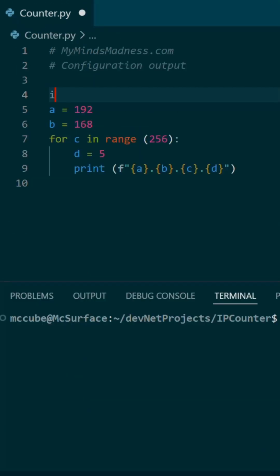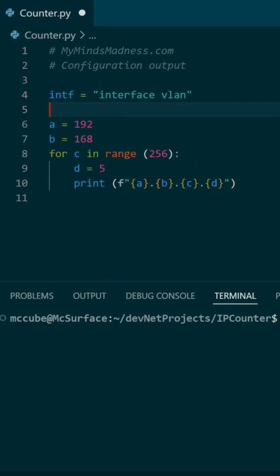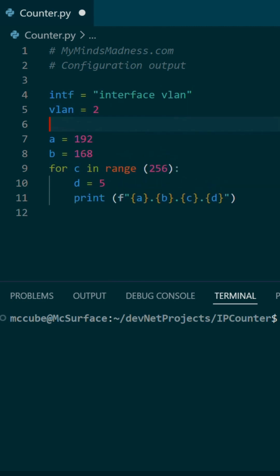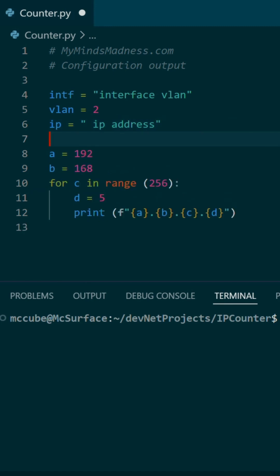Let's turn this into configuration. To save some space on screen, we can add some new variables for later use. Int f will be a string equaling interface VLAN. VLAN will equal integer 2. IP is a string for IP address, and MS will be the string representing the subnet mask